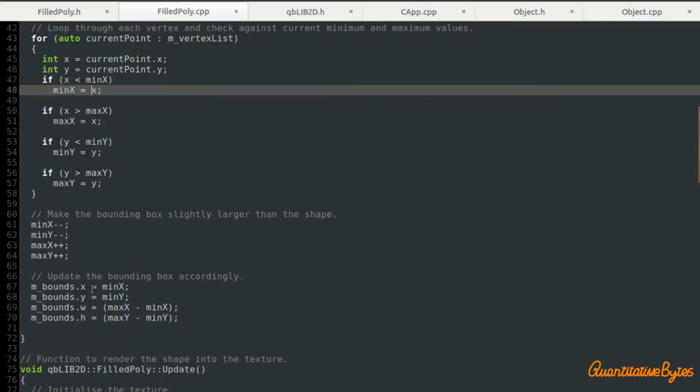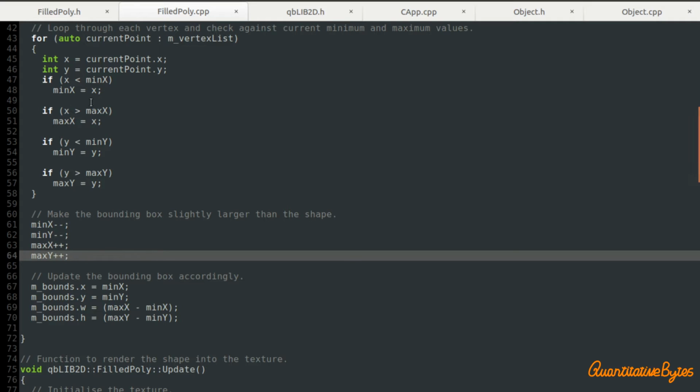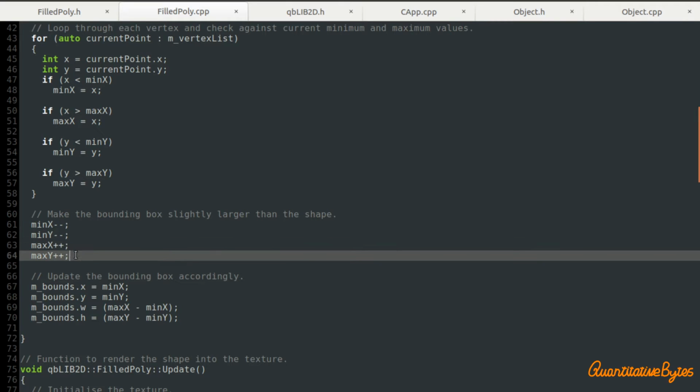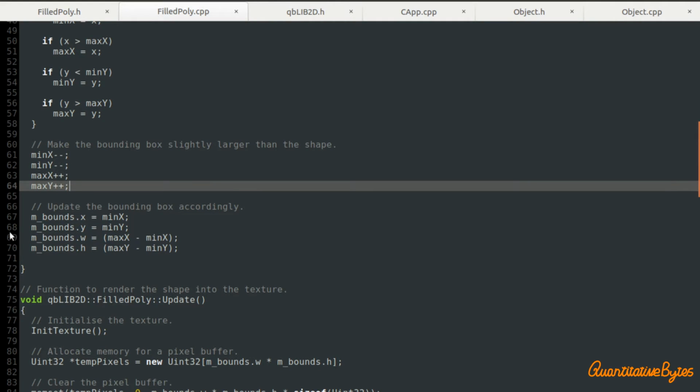And we just need to make the bounding box very slightly larger than the shape, so we decrement minX and minY by 1, and we increment maxX and maxY by 1. It does occur to me that actually doing that is a bit risky. If we were right at the edge of the screen, that could potentially make minX and minY negative, and those could go beyond. That is a good point. Something I will look at over the next week is to clamp those to the appropriate values, but we'll come back to that. I'm aware of the issue, I just haven't dealt with it yet.